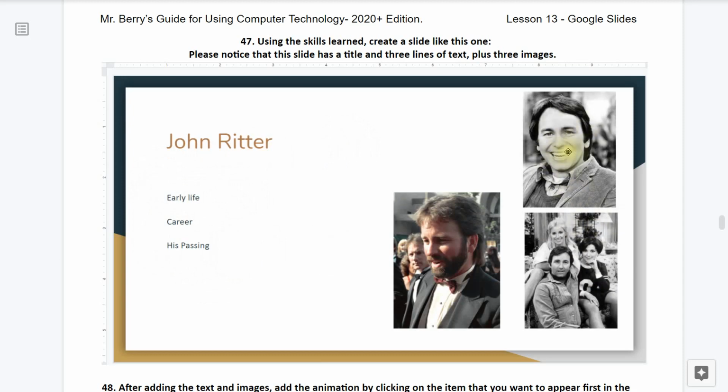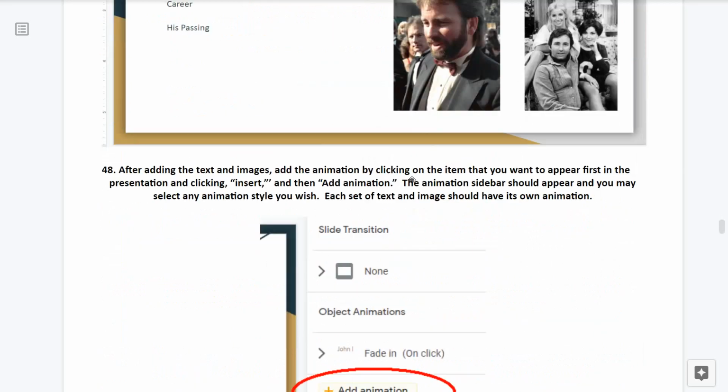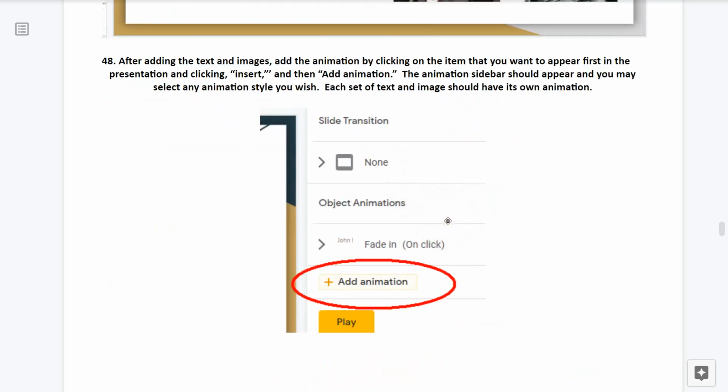On the images, you can find these here by doing a search for John Ritter. Now you may pause by hitting the space bar, and once you've inserted these elements, hit the space bar again to restart the video.